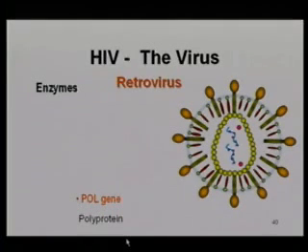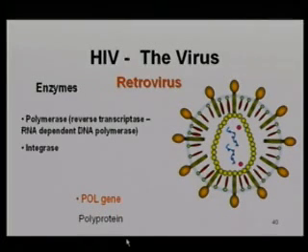And then there's the POL gene, and we all know what that does. It produces reverse transcriptase, integrase, and that protease that is vital to cutting up the primary translation product of the GAG and the POL genes into the mature proteins. Remember, one GAG primary protein, several internal antigens created during the maturation of the virus by this virally encoded protease, and that is the protease that the protease inhibitors act against.